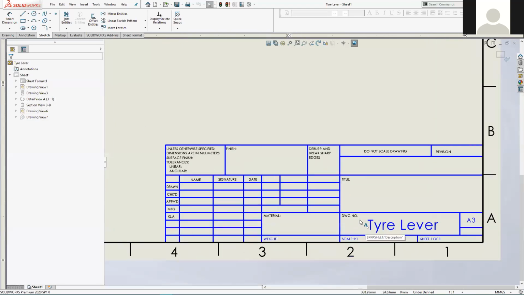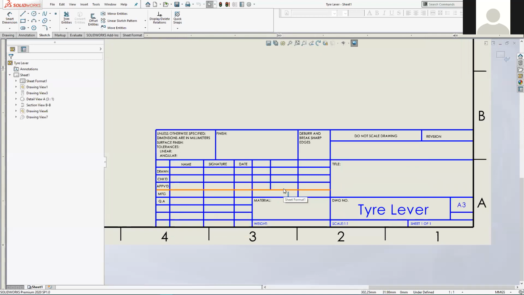But what do we want to do to the actual sheet format? Well, in this example, we're going to trim off a lot of the table cells to the left here. So we want to get rid largely of this side of the table in this instance. But the thing that we've got to be aware of is that the way that these tables are made up in SolidWorks is just as a sketch of straight lines. So there's nothing in terms of